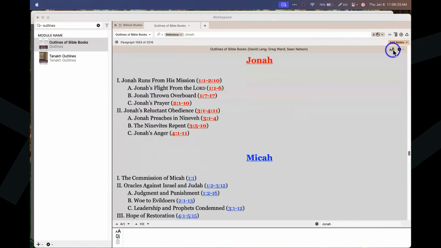So I've given you that in your handout. You can also see it here in Accordance. So we've got two big sections noted here. Jonah runs from his mission is the first one. And the second one is Jonah's reluctant obedience. And you'll see that it splits it into two parts. So you've got chapter 1, verses 1 through 10, and then chapter 3, verse 1 through 4, verse 11. Very tidy division here. And then each of these parts has more